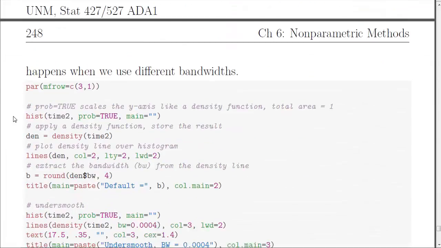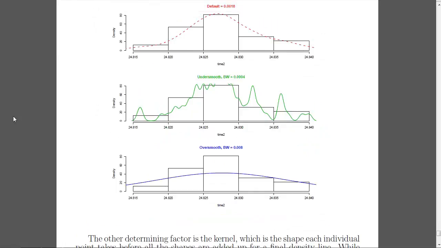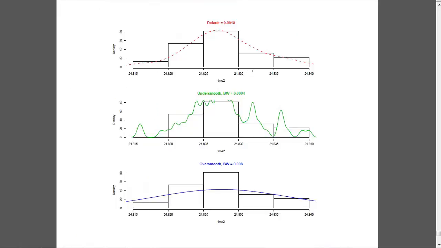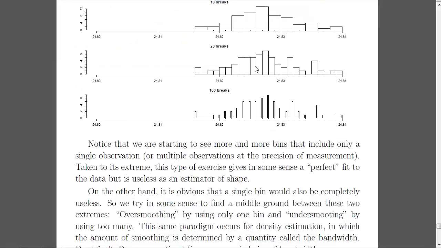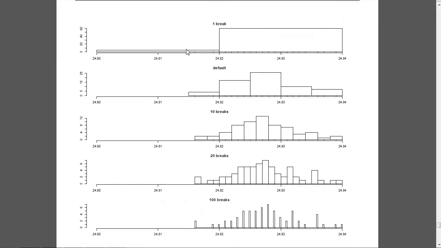And the basic idea of density estimation, and we've seen density estimates since the beginning of class, is how do you take a histogram or individual observations, right? Let me back up one little moment here. So there are some individual observations, and these 5 histograms are 5 ways of summarizing the same data, and all we're doing is changing the number of breaks or the number of bins that we have to capture the data. You can see there are some cases where there aren't enough breaks, and some cases where there are far too many. So we're thinking about how we use the histogram bin width to give us a smooth representation of the data so that we can interpret skewness, center, spread,